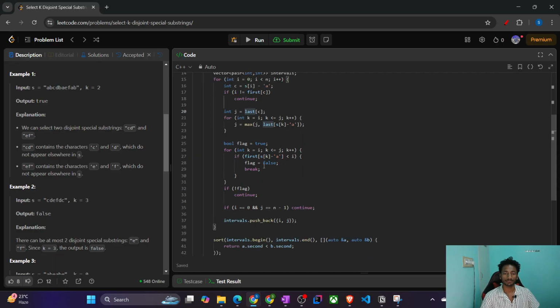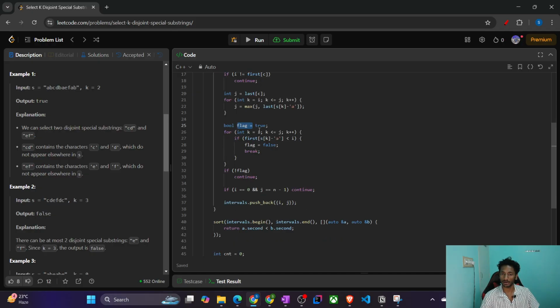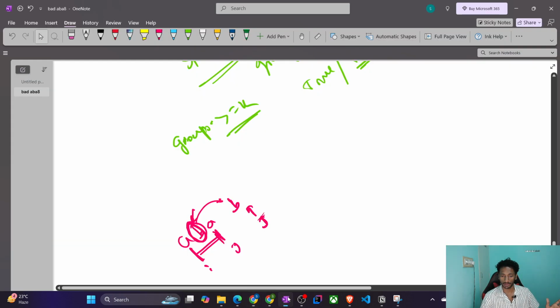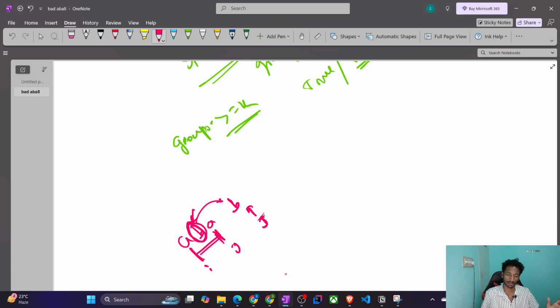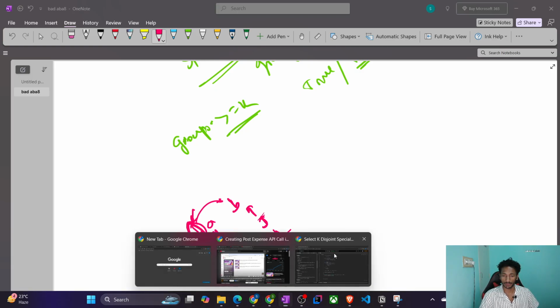Ultimately, now I'll check whether this is a valid interval or not. How can I check that? I'll check that flag is equal to true. Initially I will assume that this is actually a valid interval. Now for each character I finalize the range from i to j. So this is the final range, this i to j, this is the final j, i and j. So for each character present in between, that should be